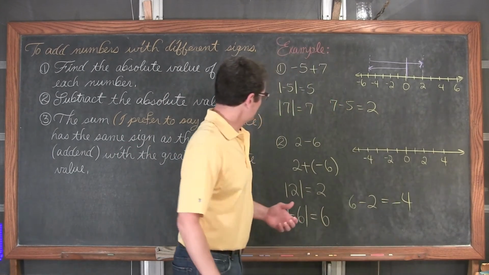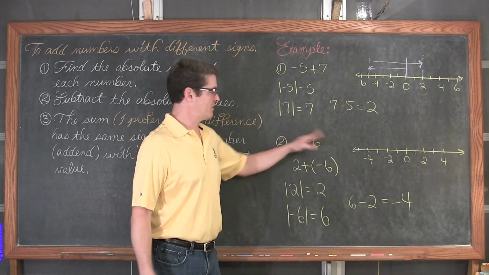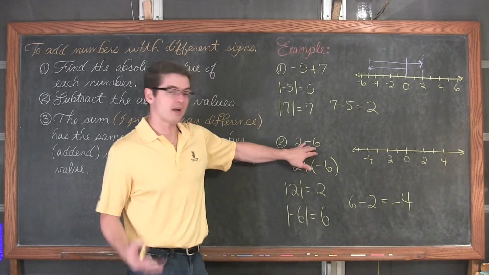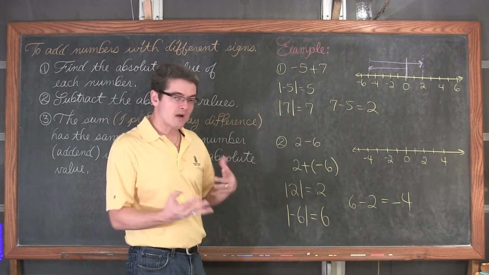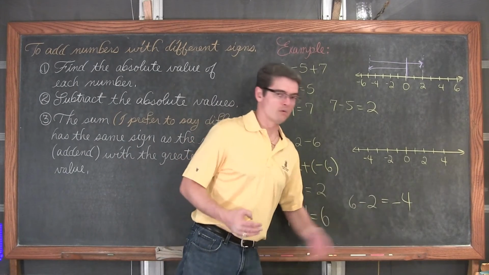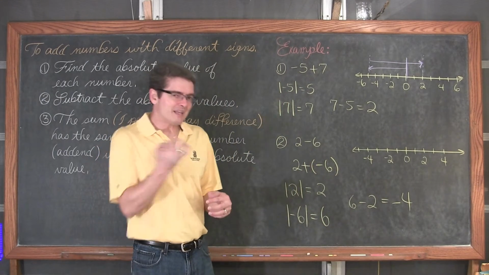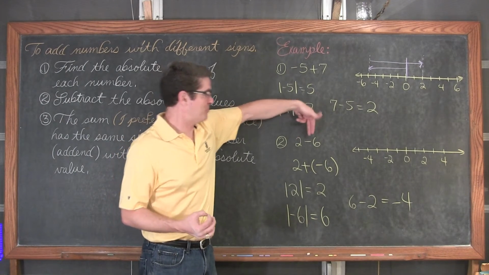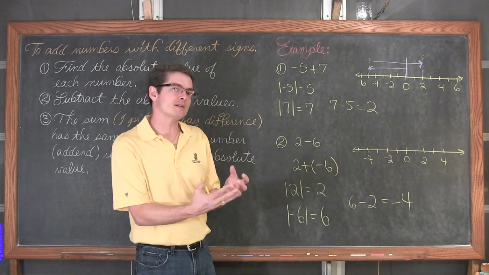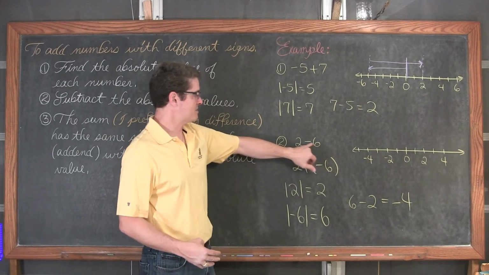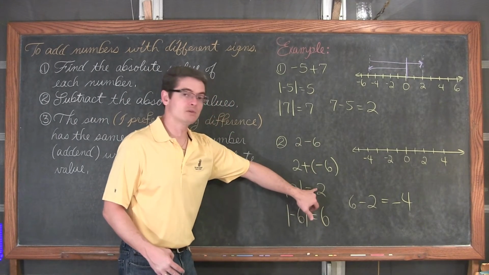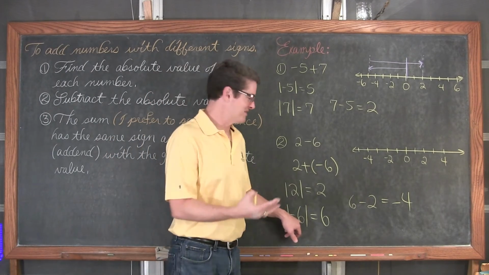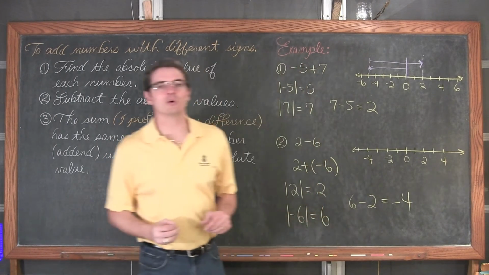I would just say, hey, you've got 2 minus 6, a positive 2 and a -6. You're combining a positive number and a negative number with addition or subtraction, however you want to think of it. Subtract them: 6 minus 2 is 4. Well, what's the bigger number? Ignoring the fact that really, a positive number is always going to be bigger than a negative number, I want you to ignore that sign. Well, 6 is bigger than 2, and the 6 came from a -6, and so our answer is -4.